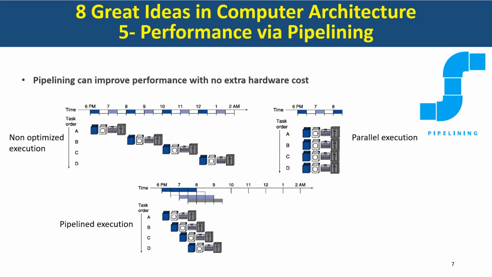The fifth great idea is increasing performance via pipelining. When we talk about parallelism, we implicitly assume that you have redundant or extra hardware that can do the same job. For example, let's take a very related but very far away example, not about processors at all: a washing